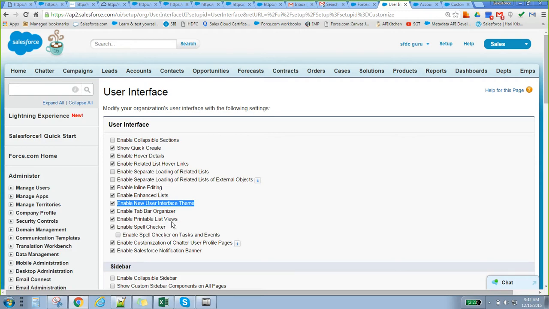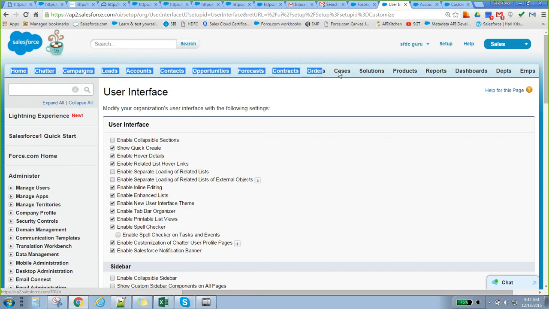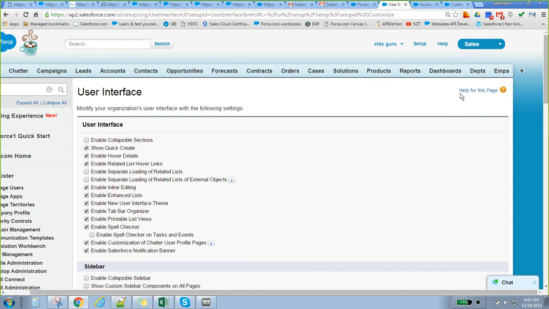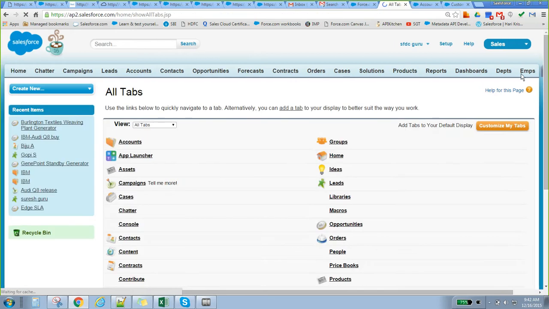Another thing is enable tab bar organizer. If you see here, these are the tabs, right? If it is a mobile browser, the browser settings will be different for each browser. For some browsers it may show up to dashboard, or some browsers may show two more additional things.